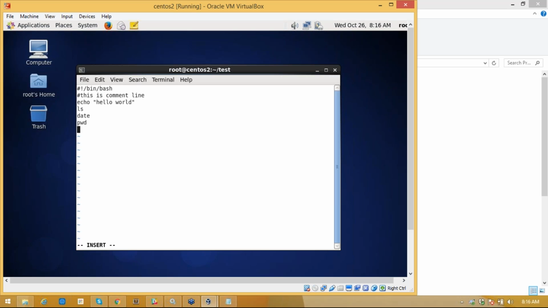The next line also we have given a hash. After the first line, wherever you put a hash, that line will be ignored. It will not execute. That is called commenting. Commenting is just for understanding. Suppose you are writing a program to do some tasks. How will other users come to know what this particular script does? We have to write that in an appropriate place, in a comment.